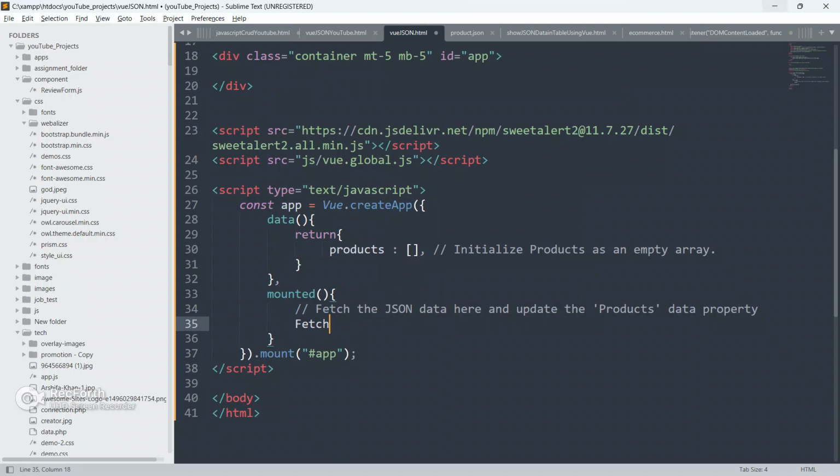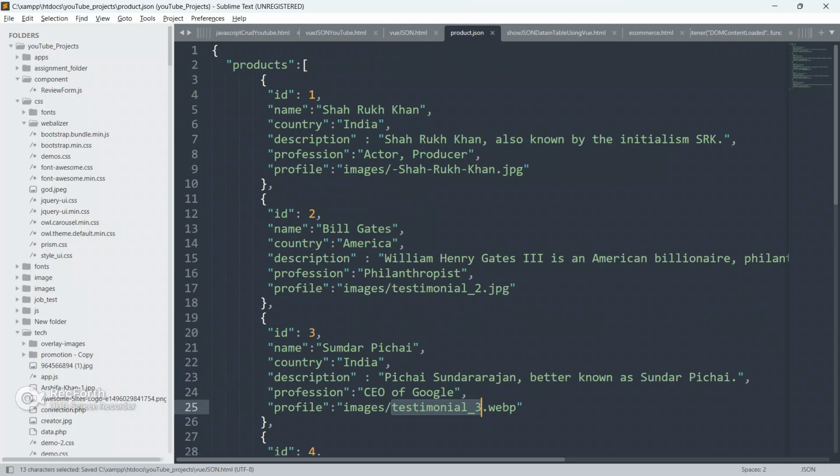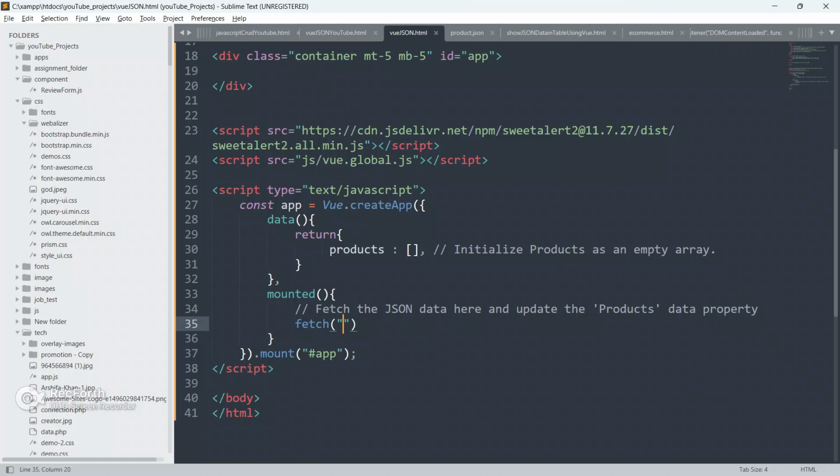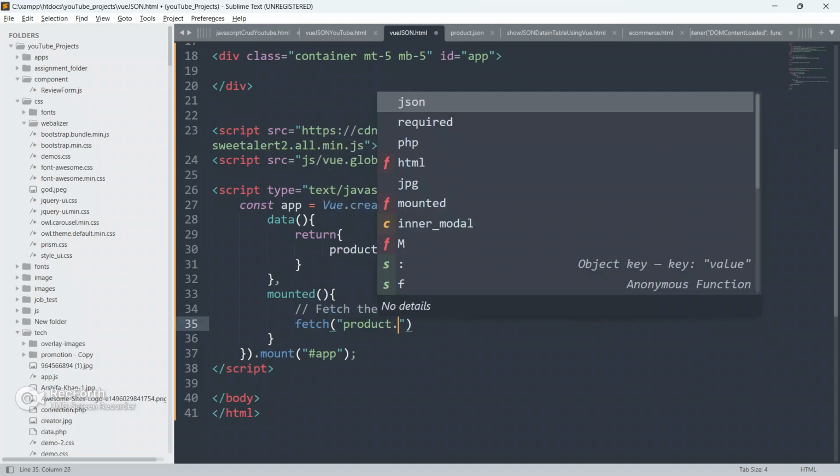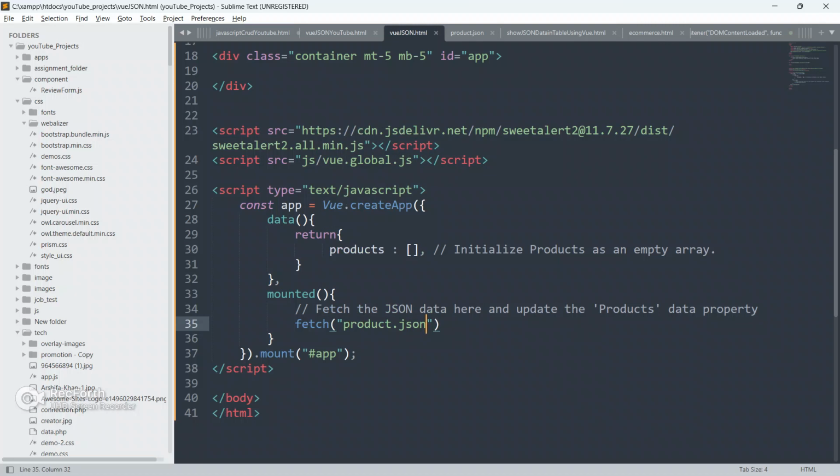Now I'm going to use fetch. As you can see, this is the JavaScript fetch method, and inside this we have to pass our JSON file URL. In this fetch method we pass our JSON file name as a parameter, so I'm going to pass product.json.